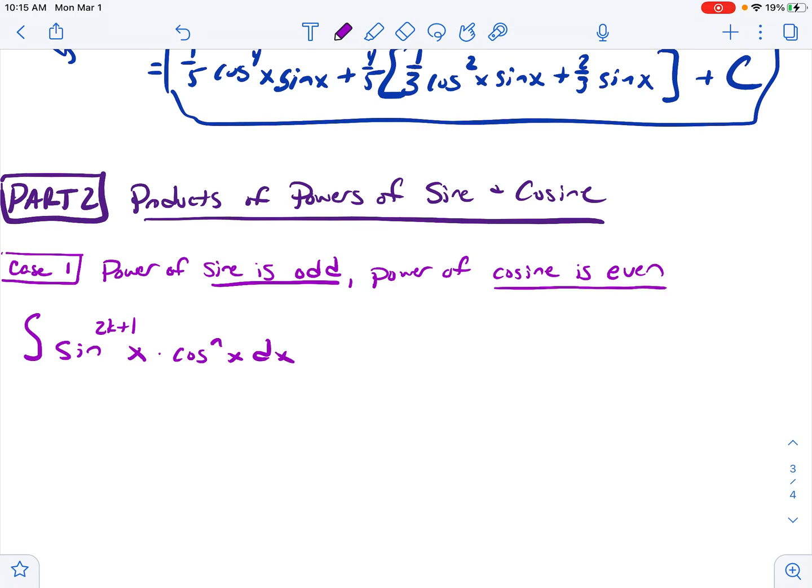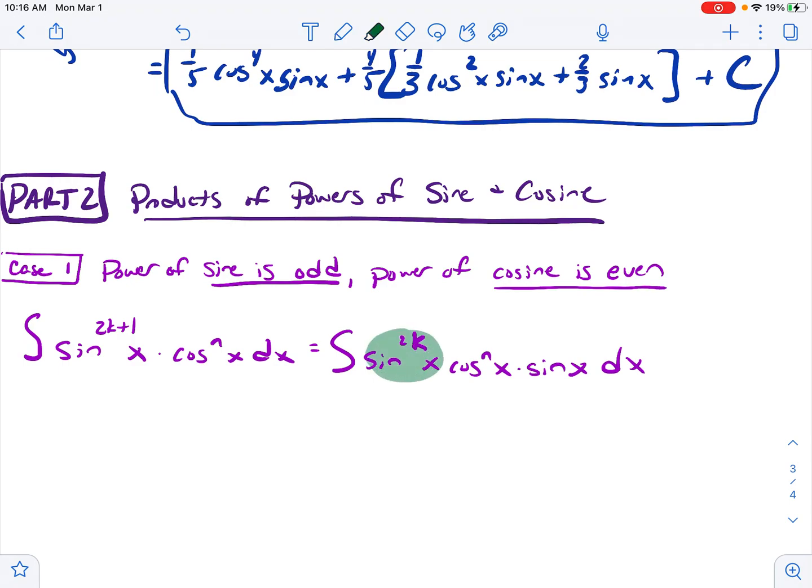Okay, so basically the idea is this. Look, when I'm adding exponents, it's because I was really multiplying. Sine to the 2k plus 1 power is really sine to the 2k times sine to the first. So I'm going to do this. I'm going to make this sine to the 2k power, cosine to the nth power of x, and then that last power of sine I'm going to put off at the end here. Okay? Now,